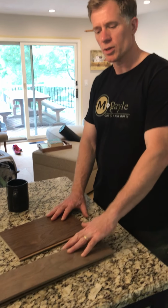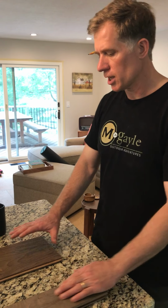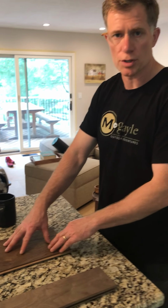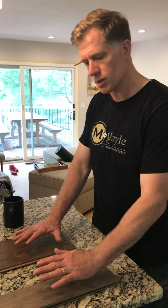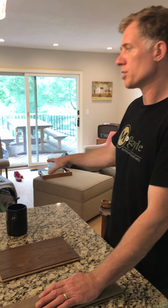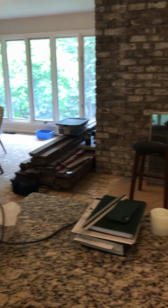Today I'm going to talk to you about flooring, the difference between a site-sand hardwood and an engineered, which is pre-finished wood as well. Both of these choices are real wood, and we're doing a flooring project in our home. We're renovating, and as part of our renovation, we had to make the decision between using an